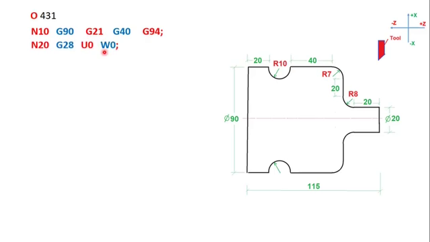Then we are defining G28, that is the machine zero. Then T0202, so the first 02 is the tool number, the second 02 is the offset, and M06 is selection of the tool. In the turret you may have 4 or 5 tools, so we are selecting tool number 2, and then the offset is 2, and M06 means the tool is loaded. Then we are giving the spindle speed, that is S1200, M03, that is spindle on, and M07 is coolant switched on.